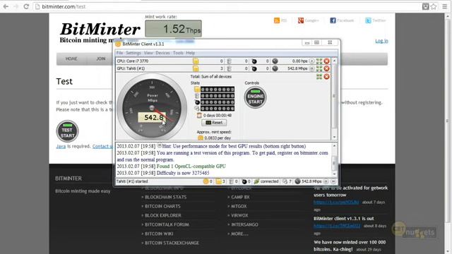Now, I need to tell you something really funny that's happening in the background. My video card has a built-in fan, and I can hear that fan as we speak winding up, going faster. In fact, it's a high-speed hum that I rarely hear, and that's because I don't do a lot of heavy-duty video work. But because right now it's taxing that GPU and it's doing 545 million hashes per second, it's actually getting very hot. And I'm going to go ahead and click on stop. And sure enough, the fan immediately started winding down a little bit. So back down to its normal state.